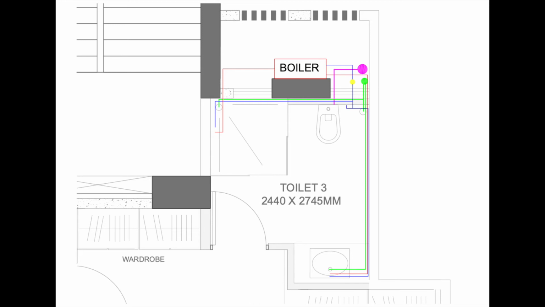All these pipes have to be laid at a gentle slope so that gravity does its work in pulling the water and there are no choke-ups in these water lines. Once the plumbing drawings are ready, the plumber can lay out the pipes on the site as per the drawings.